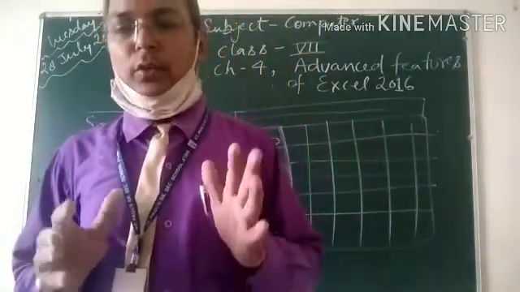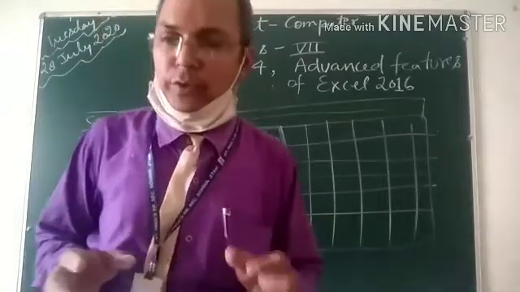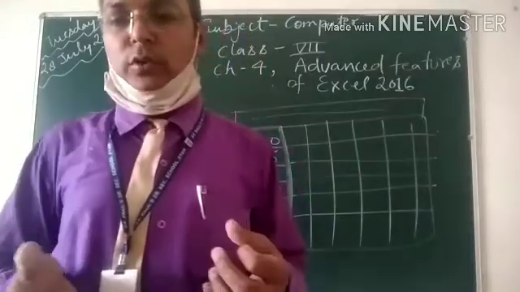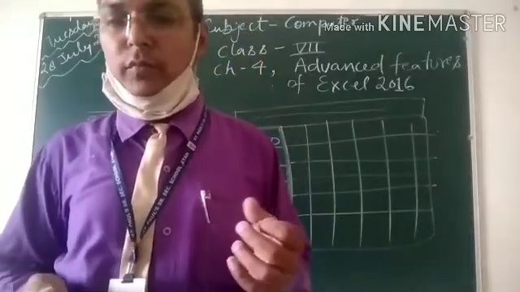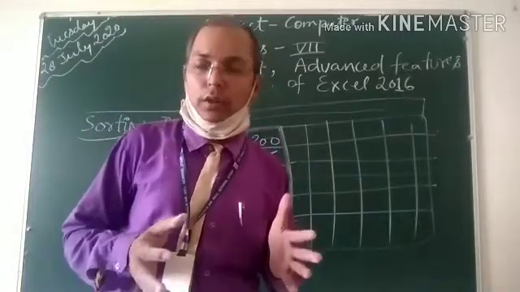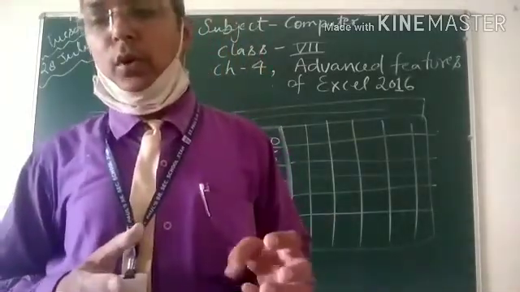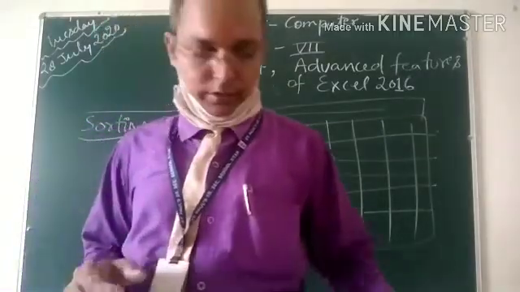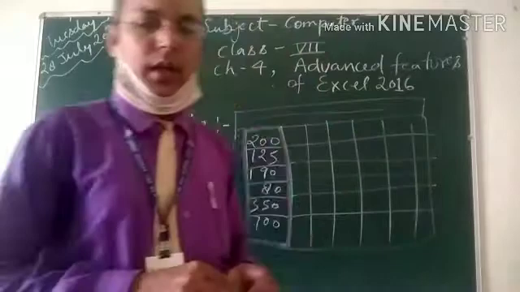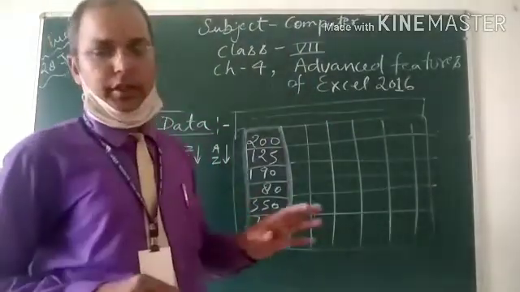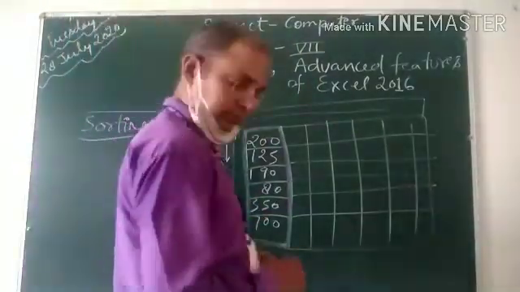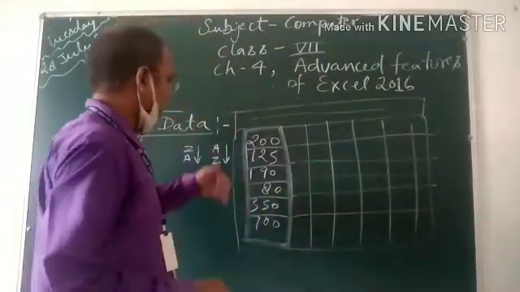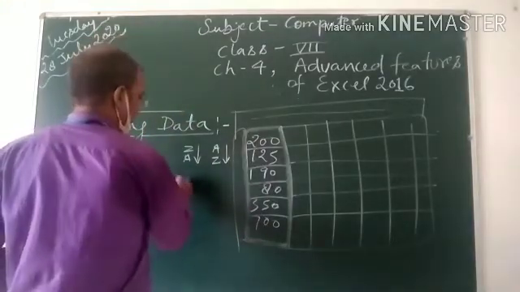The sort dialog box opens. Select the column on which you want to apply sorting. Select the values of sorting from the drop down menu. Select the order of sorting from the order drop down menu. Click on the OK button. The data will be sorted. And after both methods, the data will show as, yes, in the same manner, the data will go opposite.